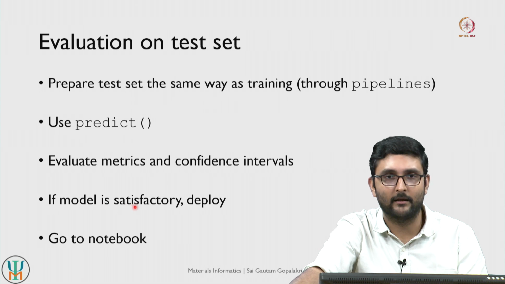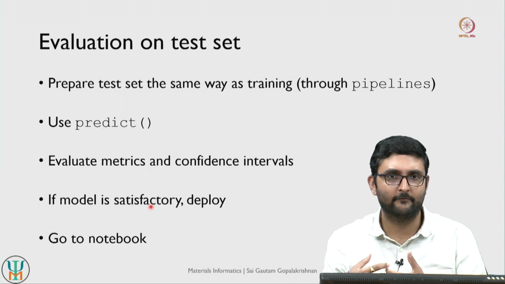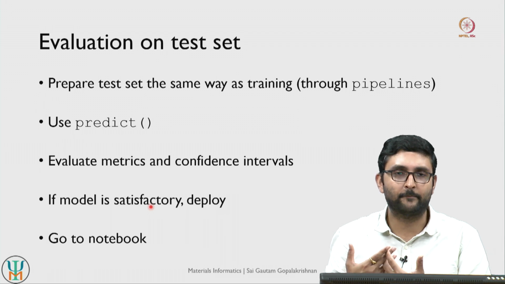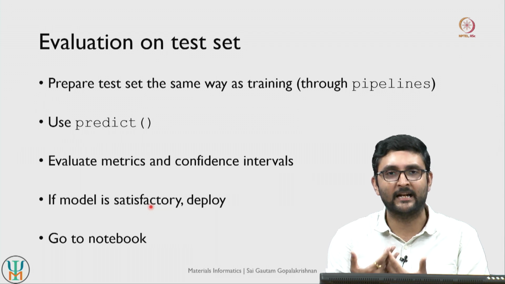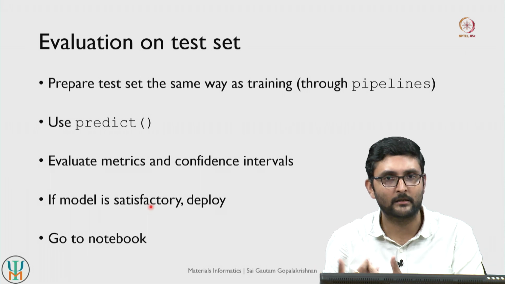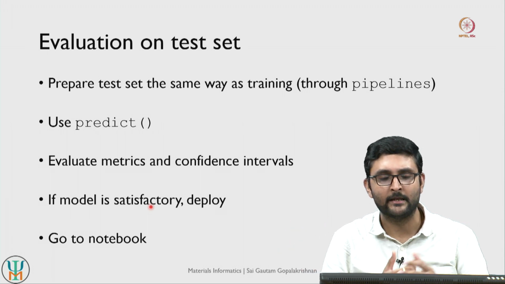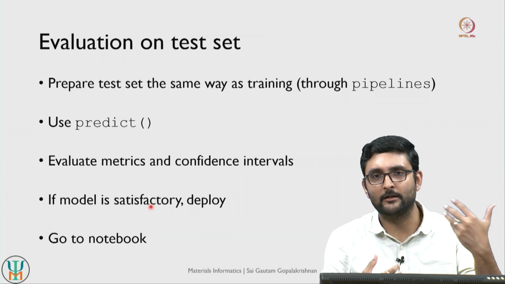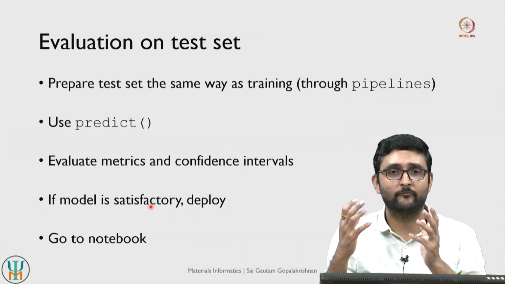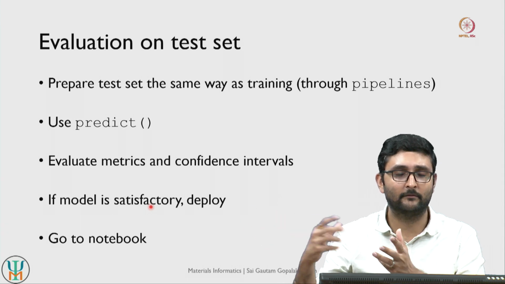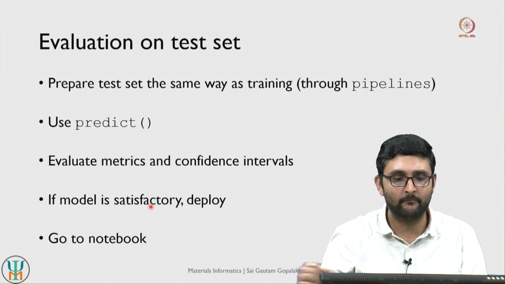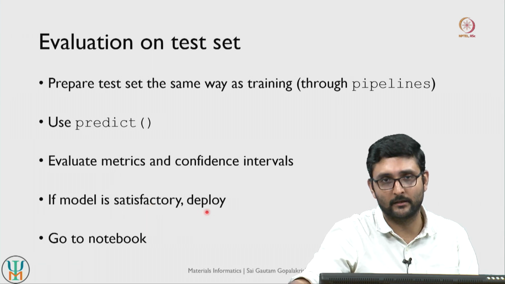And finally we have to make a call, right. If we think that our model is satisfactory, then we deploy. So deployment can take various forms. If it is scientific research, then you typically try to publish the model, make it available to other researchers. If it is industry, then you deploy it for commercial purposes. So maybe you sell this model to your clients, or you use this model to make decisions on your manufacturing processing pipelines and so on, right. So you decide how to deploy the model, right.